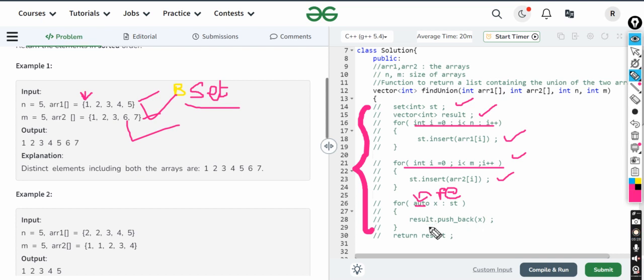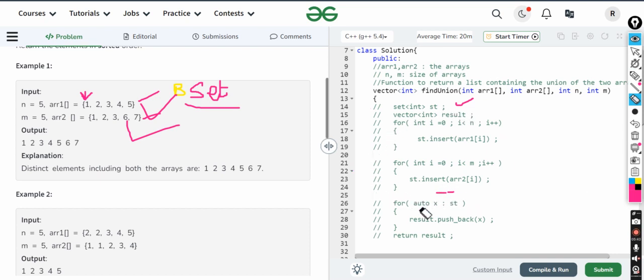So here we have done just push_back and we have returned the result. Why push_back? We have to return a vector and we have the answer in a set. So whatever the array elements are there in the set, we are just returning it. This is the simple logic for the union of arrays using a set, but the log n complexity is more as compared to this. We are using 2 log n because we are inserting 2 times and the loops are there, insertions also there, so n log n would be the complexity.